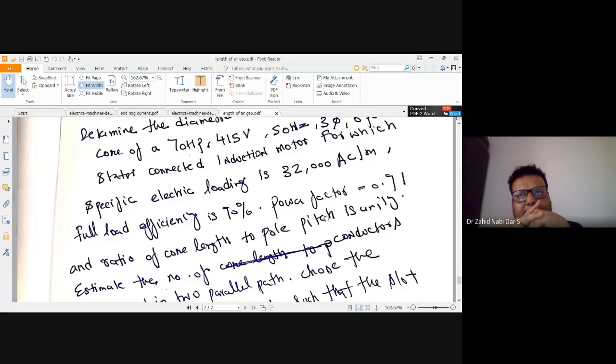For that, I personally feel that the approach towards engineering should not be based upon mugging, it should be based upon visualization, upon seeing the thing, seeing the transformer up front, seeing the induction motor, feeling the air gap. Basically, when I was a student, it was said that electrical engineering is very tough because we cannot see it. But yes, definitely we cannot see it, but we can visualize and feel it. Air also we cannot see, but we can visualize, we can feel it. The moment we learn the trick to feel electrical engineering, we can see it also. Then it will be very easy.